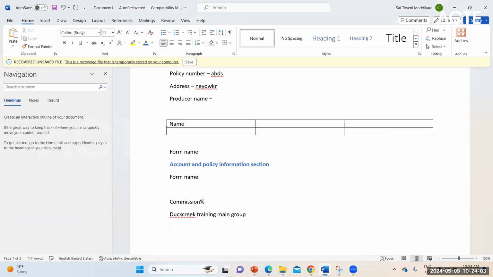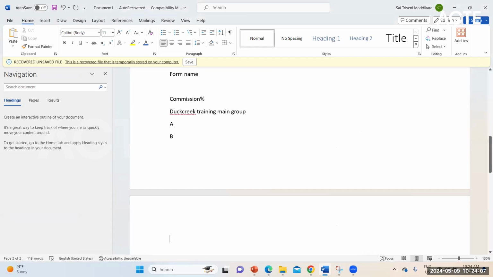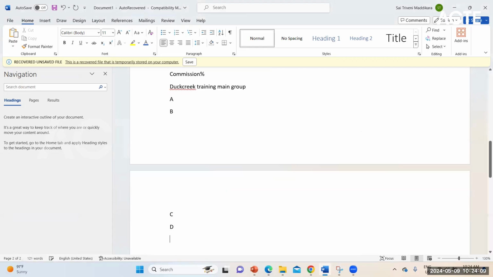In this group, I have created 4 fields: A, B, C, D. When I map these fields on the page or page set, I have created a group called Duck Creek Training Main Group, the same group I created in the page designer.